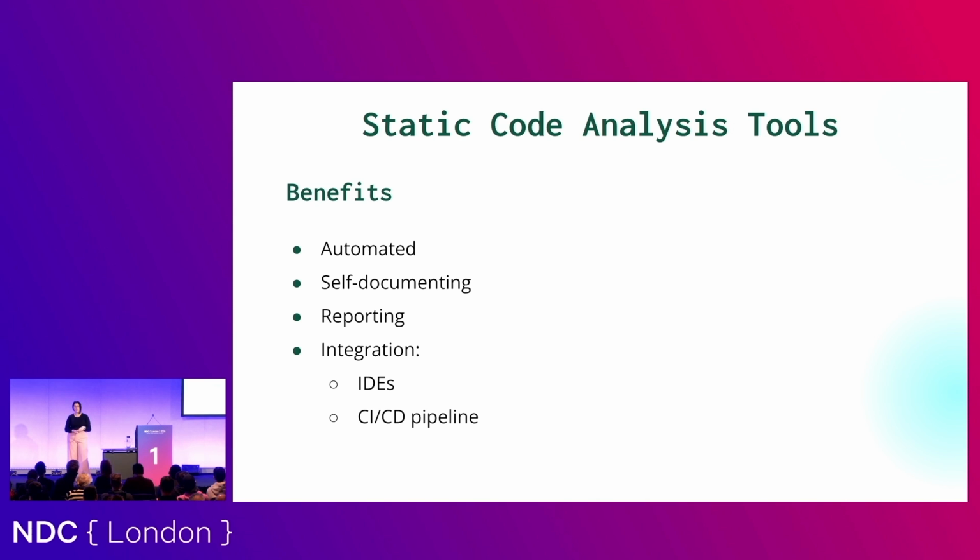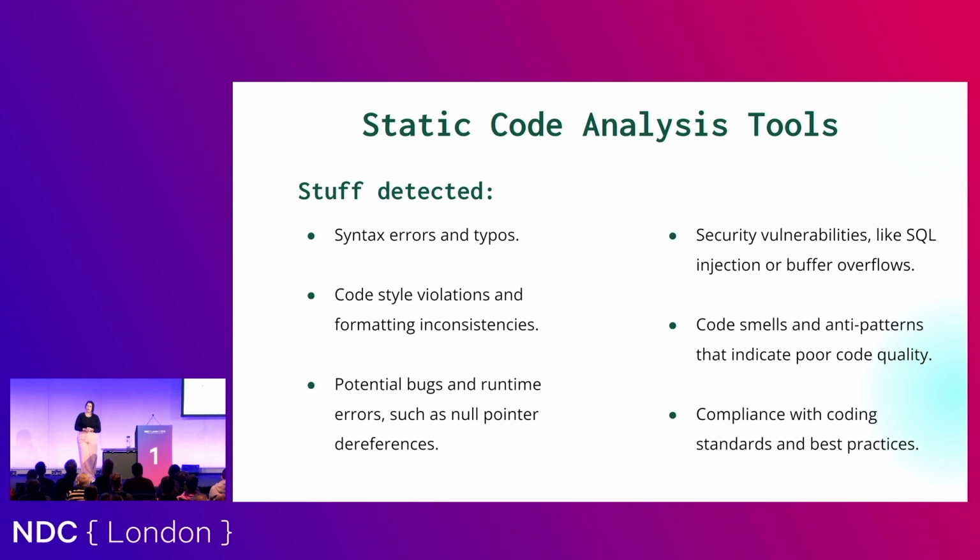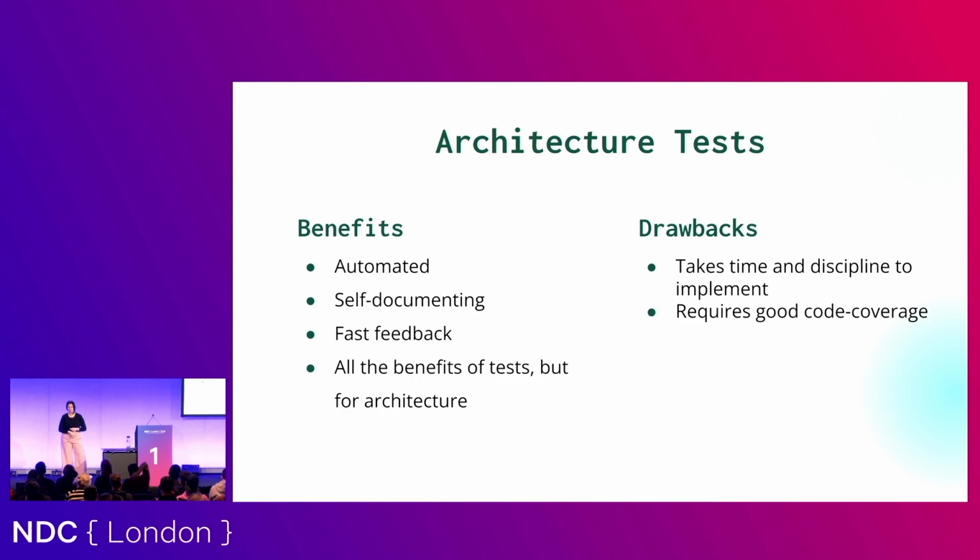So if we look at the first one, automated, yay! Self-documenting often, they can do reports. They are often integrated into your IDE. You've already got them, it's great, use them. Now, they can also highlight vulnerabilities, any anti-patterns, and if you sort of set them up, you can put in your standards and best practices in that. You can configure them how you want, and then you can share that amongst your team so you're all on the same page.